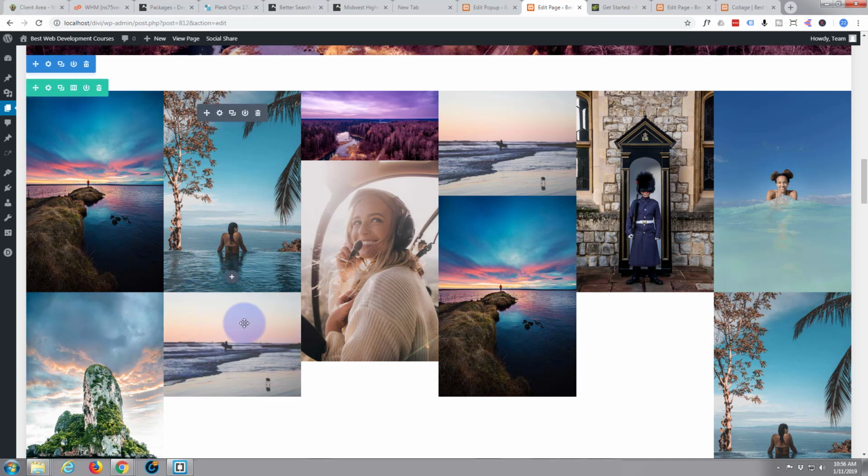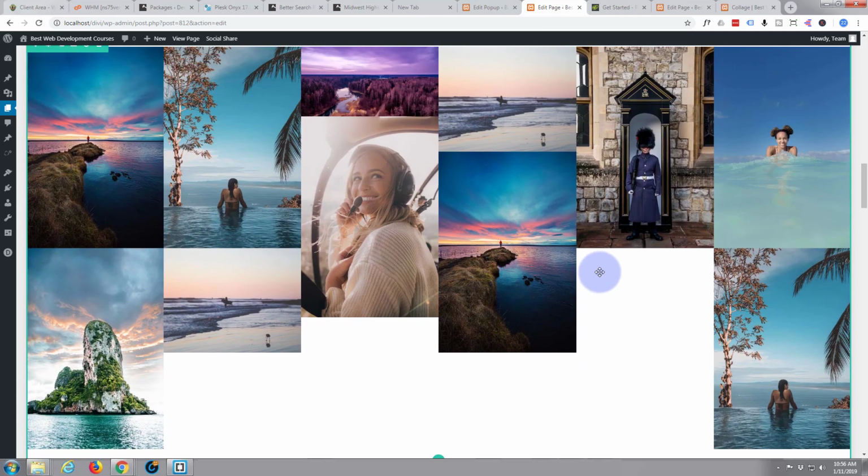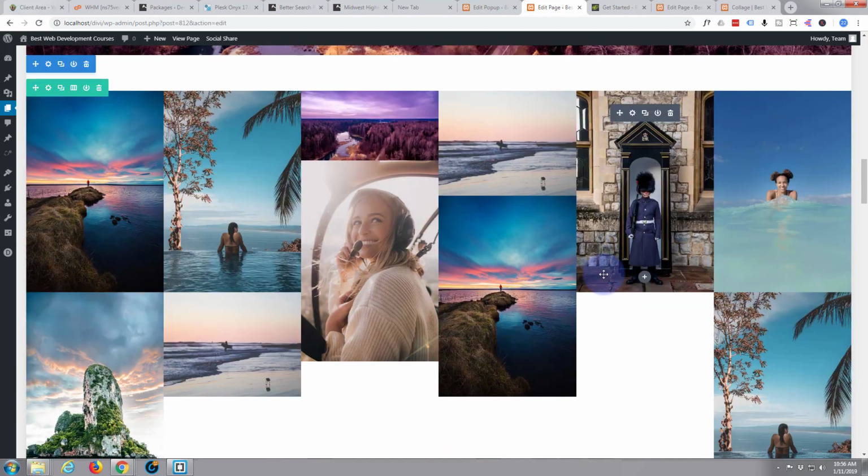Okay, so you've got 1, 2, 1, 2, 1, 2, 1, 2. It doesn't matter, you can have 2 or 3 if you want. That's fine, and that looks fairly ugly, pretty random. So what we're going to do now is start repositioning some of these